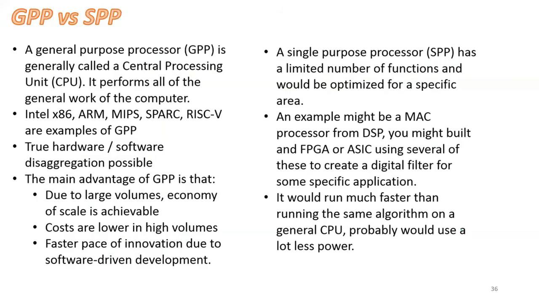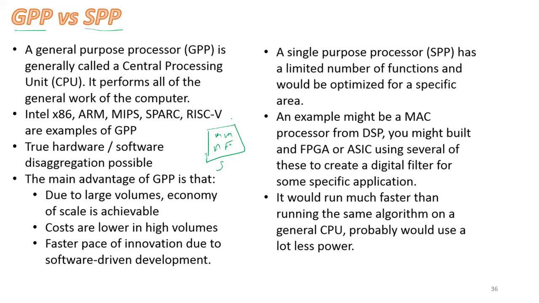Before going to COTS, first of all, we have to understand two terms. One is GPP and one is SPP. GPP is the general purpose processor, right? What does general purpose processor mean? Suppose I buy a machine, then this machine can work as an MME, an AMF, an SGSN, or anything. Just upgrade the software and it can work for anything, right?